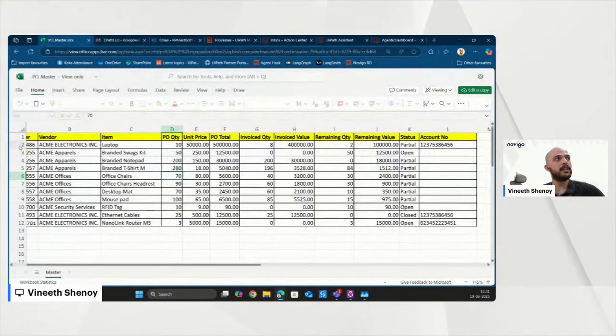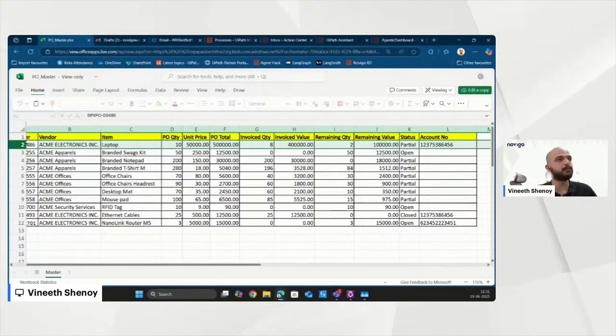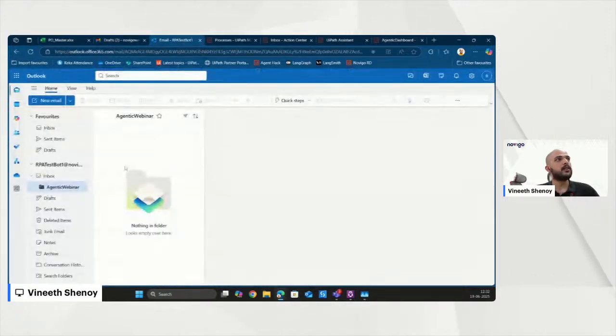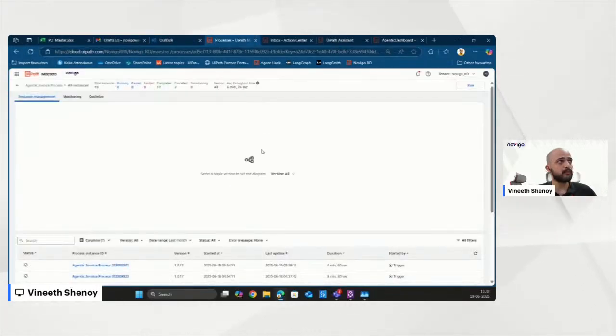As a buyer, I have 10 laptops ordered, and 8 of them have been invoiced. 2 are yet to be invoiced. Now, the vendor sends an email with the invoice attached. That is then received on the buyer's side, and that is what will trigger the process on Maestro.